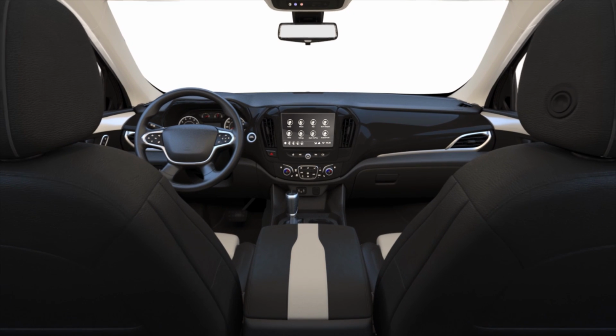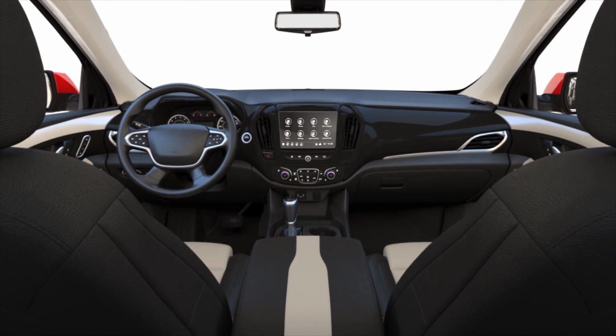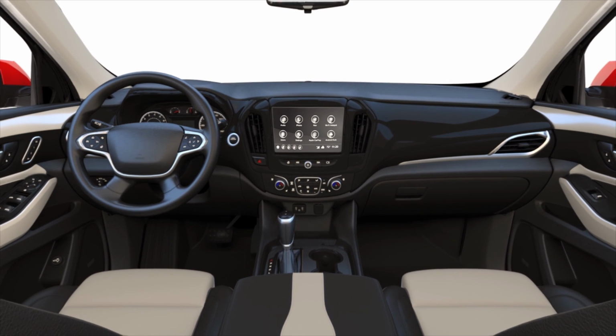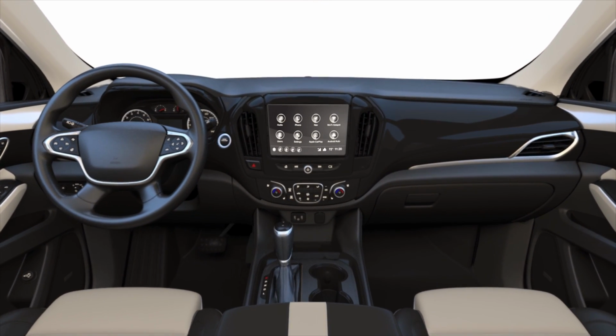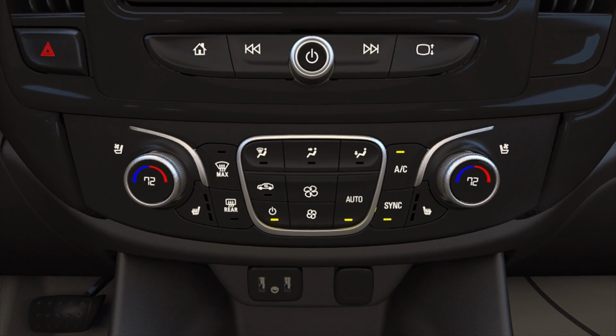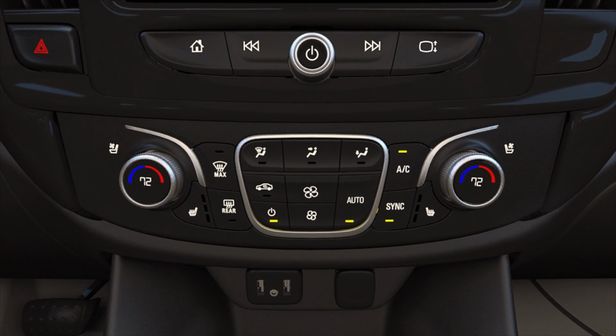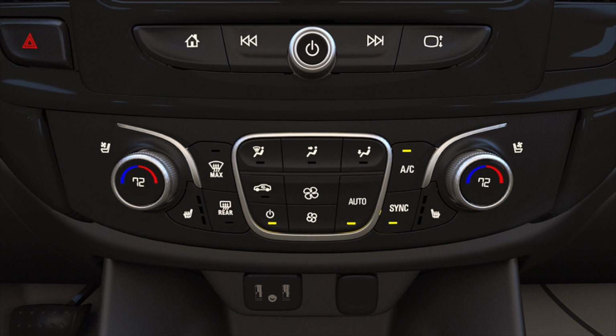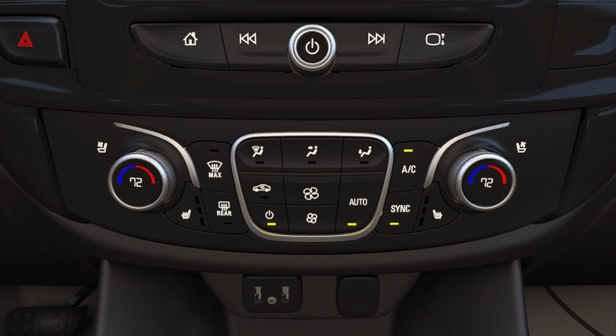It's all about your comfort. This short video shows additional climate control features once you've set the temperature to your satisfaction in your Chevrolet vehicle. Regardless of the weather outside, it's always comfortable inside your vehicle with the automatic climate control system. The controls are located on the center stack.